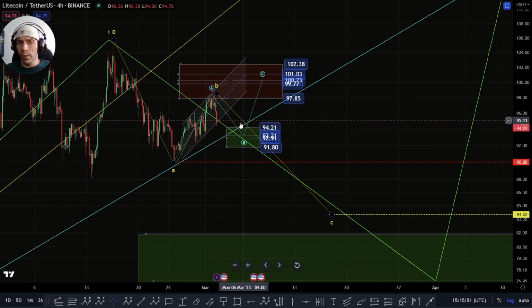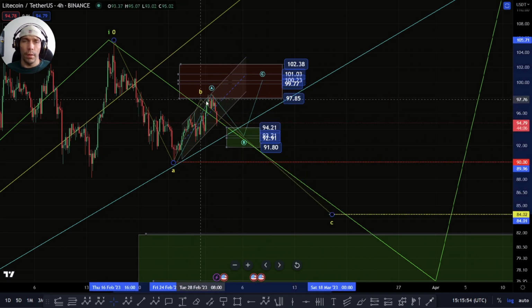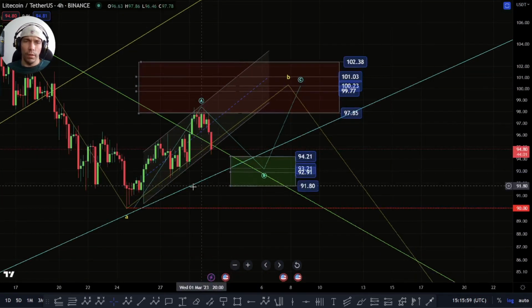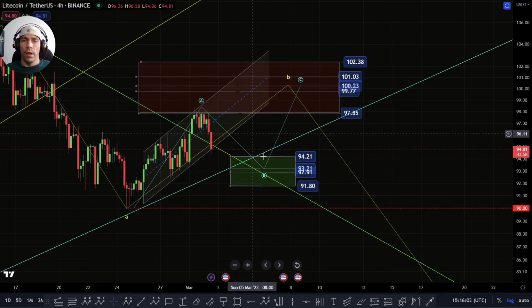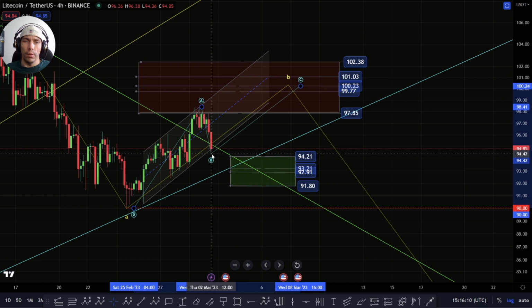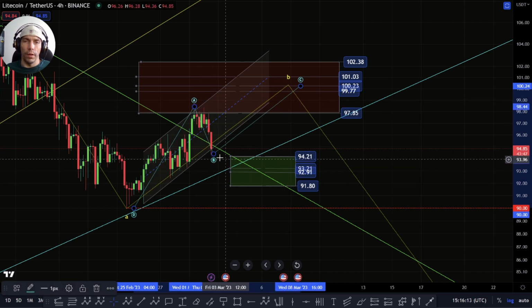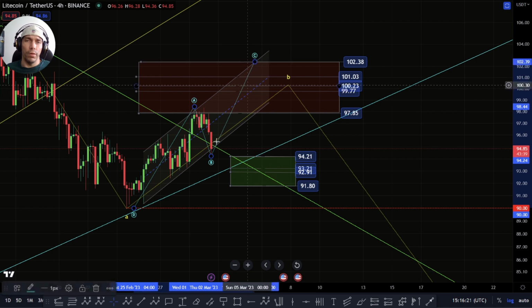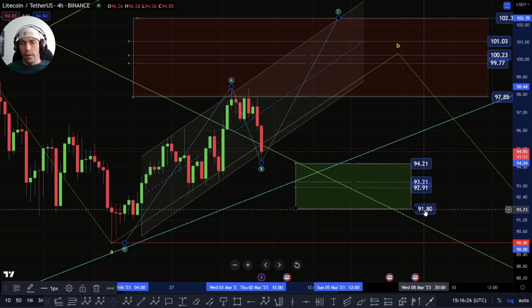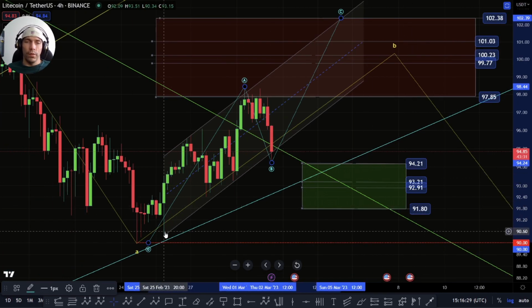So within this, though, we can also say that perhaps this B wave isn't complete, and we might see a move back up before we move down. And that would be looking at this as potentially an A wave to the upside here, looking for a B wave down. We've already come down towards that 50% of that 94.21. So we could argue that potentially within here, we have something like this playing out already as a B wave. It'd probably be more accurate to label this as a WXY, but we'd have to see what comes off the back end of this. So, as long as we hold this 90.80, 91.80 zone, we can still look for this